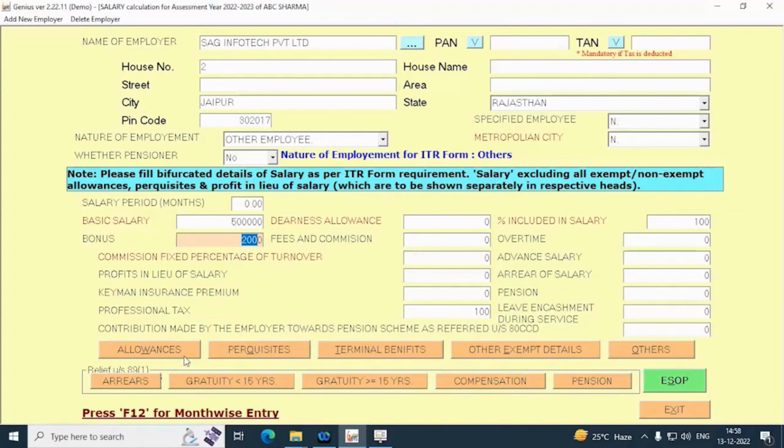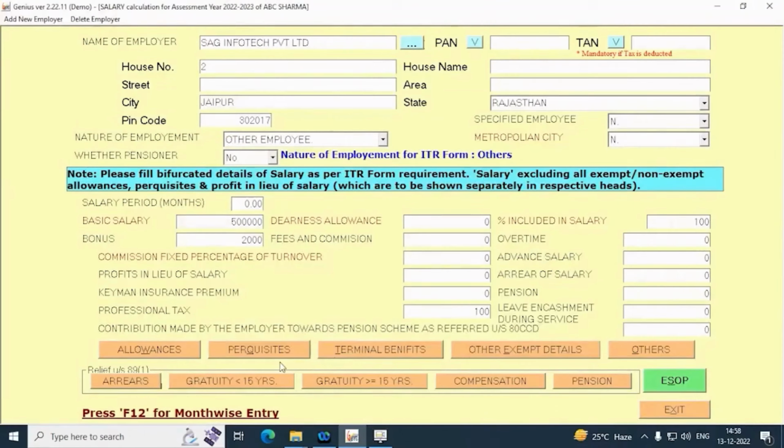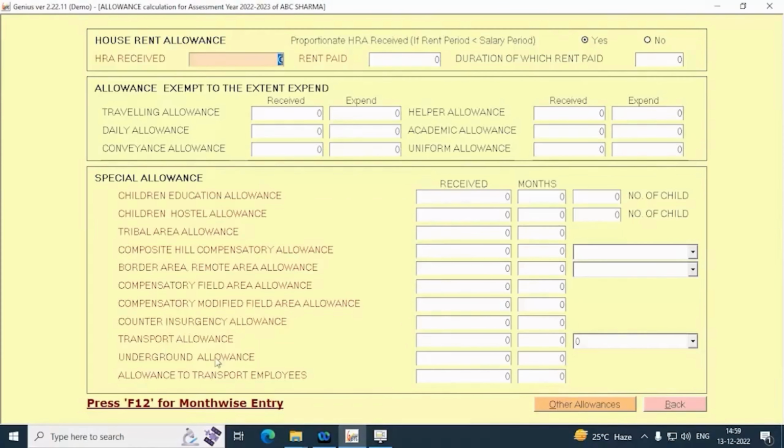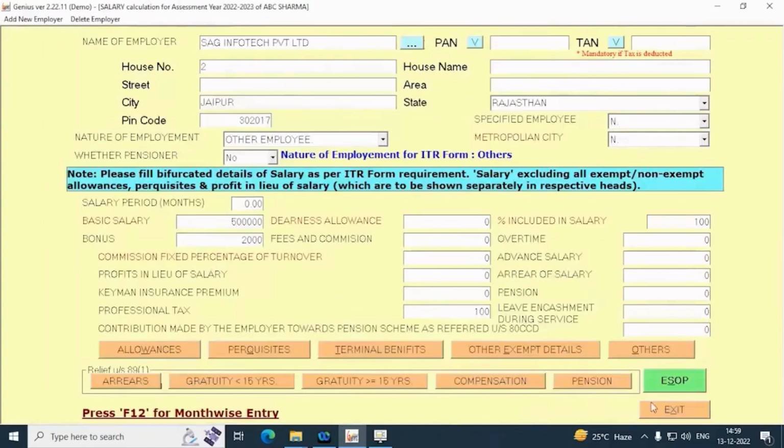There are separate options for filing allowances, perquisites, etc. If you know the bifurcation of allowances or perquisites, then you can mention it in their category. Otherwise, you can put that amount in other allowances or other perquisites or other terminal benefits, etc. If you have received some arrears related to salary, pension, etc.